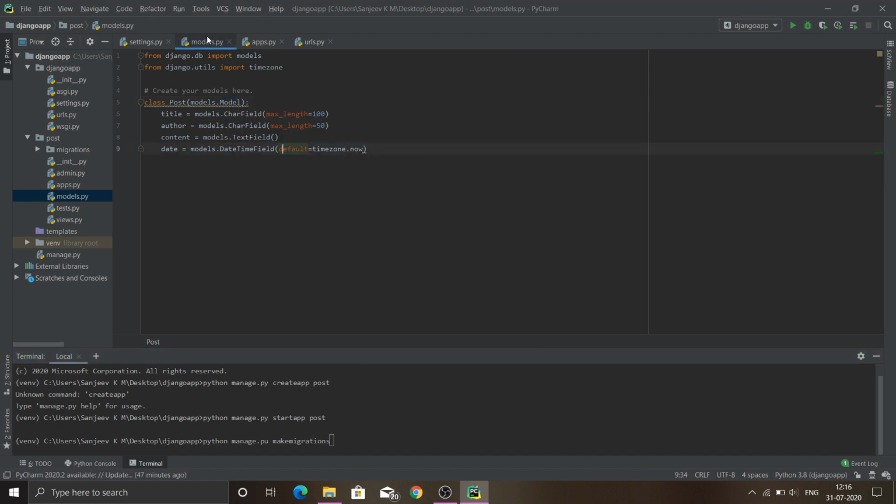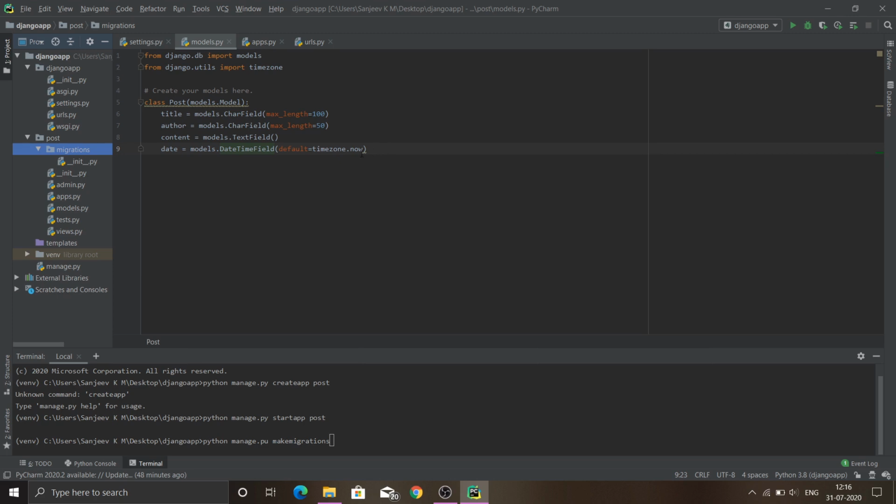It will look for all models.py files in all our applications. Right now we have only the post application, and it will go to the models.py file and check for our model class, and this will invoke our model class and create those queries, and those queries are going to be stored in this migration file.